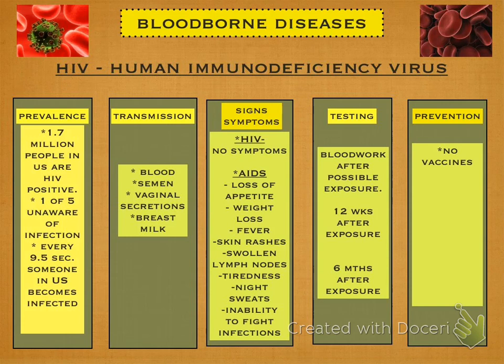Prevention, duh. First of all, there are no vaccines. We already know that. Safe first aid, that means wearing gloves, wearing masks, whatever you have to do to keep somebody's blood off of you when you're giving first aid. And we are going to do gloves probably on Friday. Learn how to use them, how to take them off safely so you don't get the blood from your gloves on your body. There's a right and a wrong way to do that. Safe first aid, regular hand washing,